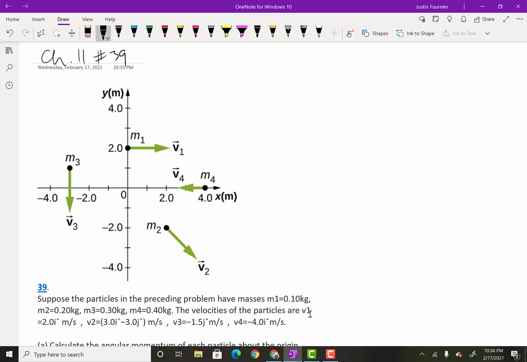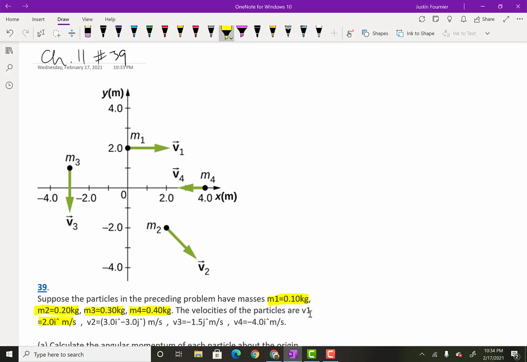You get a y-axis here, and then you get mass 1 moving like this, mass 2 moving like this, mass 3 moving like that, and mass 4 moving like that. So those are the masses on the axes. They're saying, suppose the particles in the preceding problem have masses 0.1 kilogram, 0.2 kilograms, 0.3 kilograms, and 0.4 kilograms. So that's all the masses. The velocities are